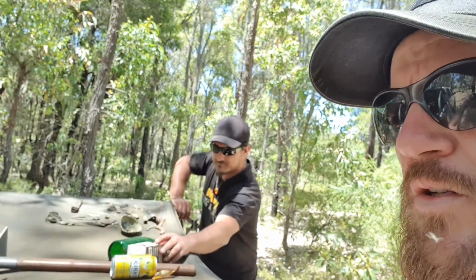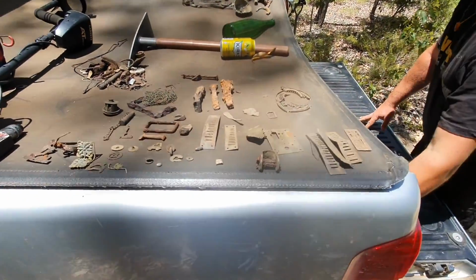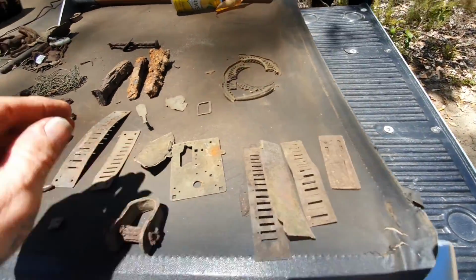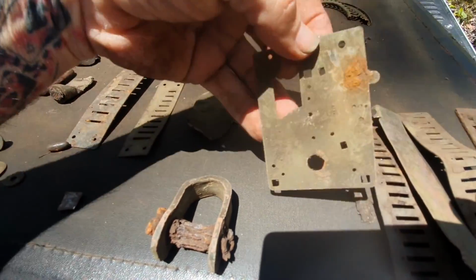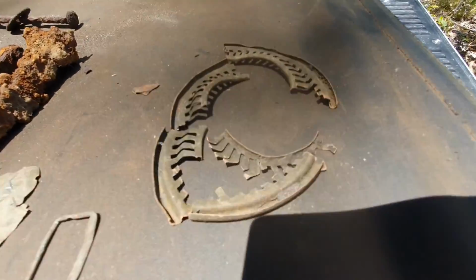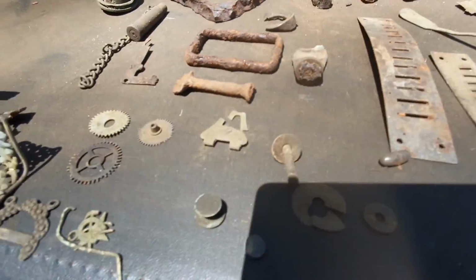Alrighty, we've finished some lunch and had a bit of a chat, and yeah, we're gonna go and show the guys what we got, and I'll switch the camera around so we can see it. We'll show you what I've got on mine, and then we can sort of compare what the Equinox is picking up. And Levi actually donated these ones to me, so I didn't find them. I did find that one, but yeah, I found a back of a, I don't know, maybe a clock of some sort. There's stuff there, a few railway pegs, 3/4 of a spoon, some couple buckles,